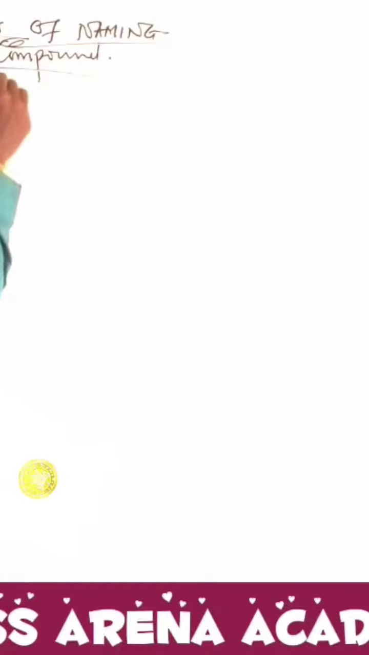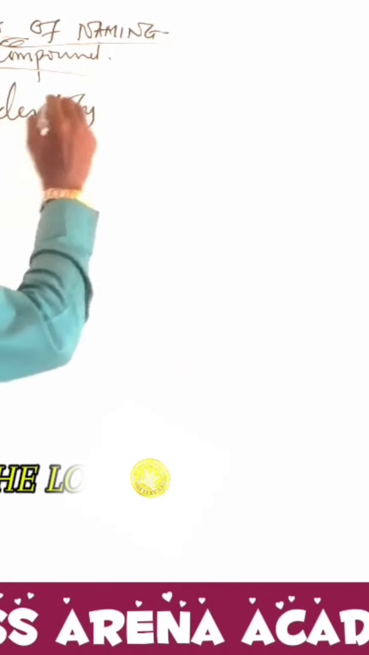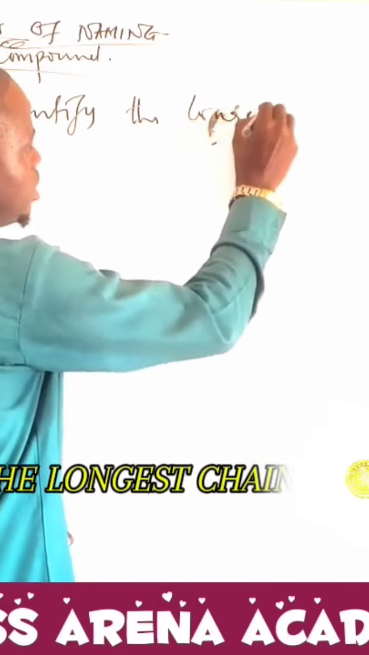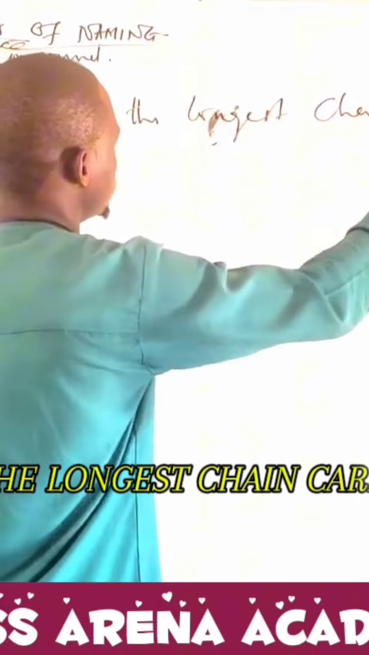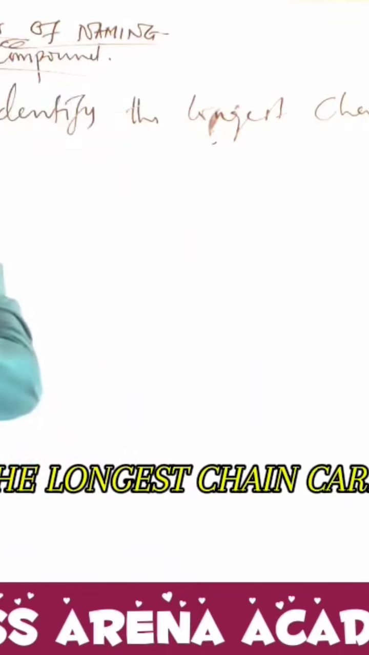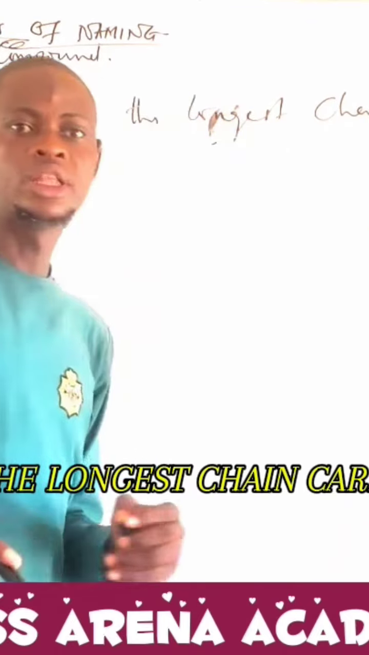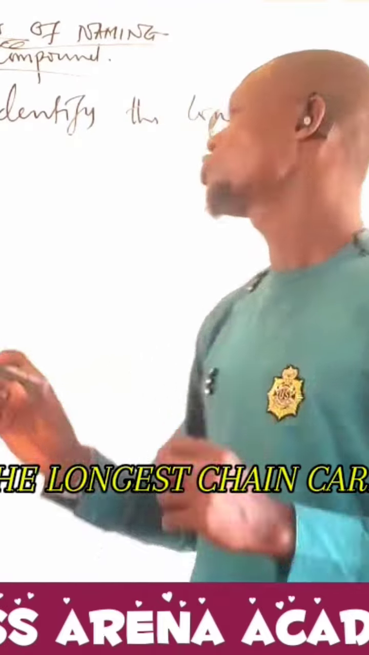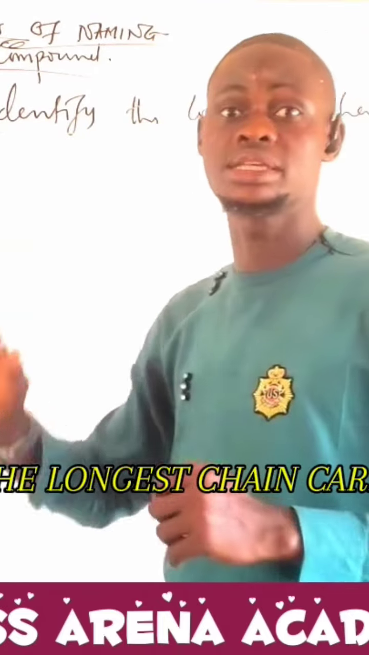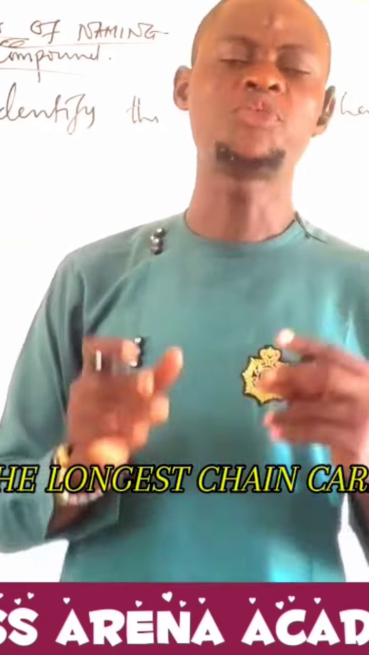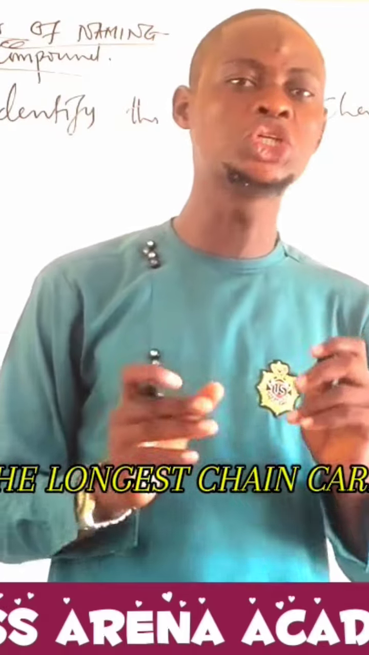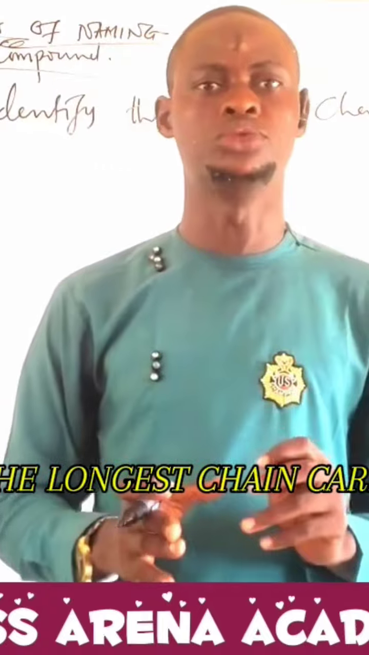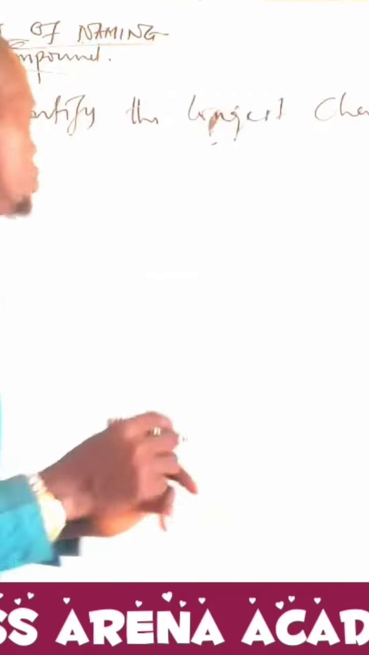The first one is identify the longest chain carbon. Now, many of us do not understand this. The first thing I need to do before you name any organic compound is what? You need to properly identify the longest carbon chain that is there. Altogether, if you're able to identify the longest chain, then you know, okay, because the longest chain carbon will give the name of the compound. Altogether, that is rule number 1. Rule number 2